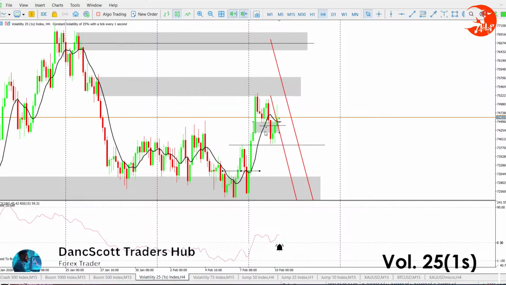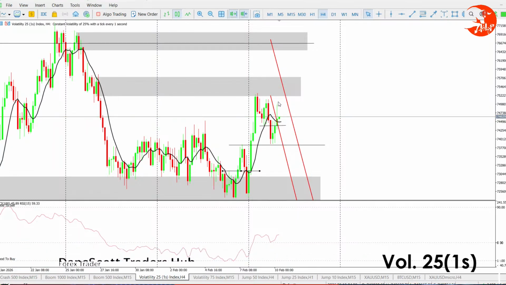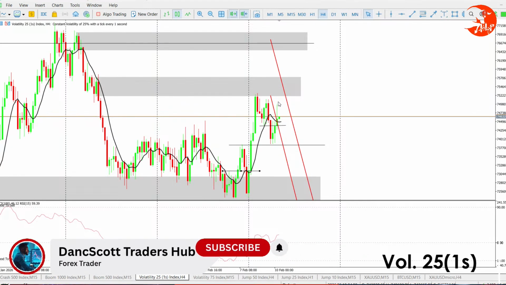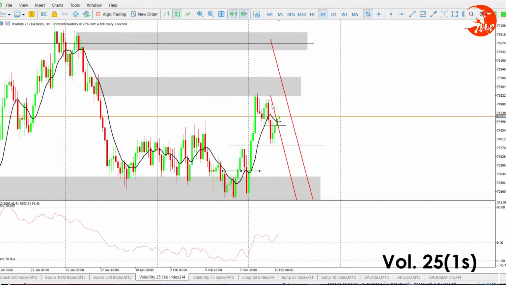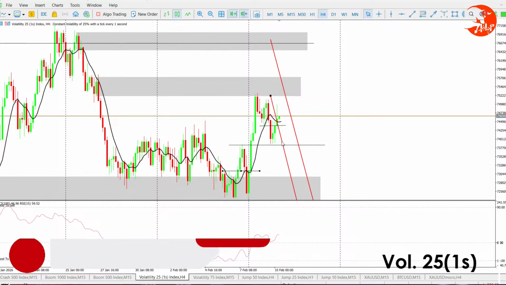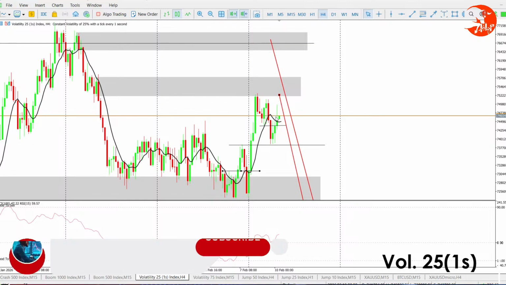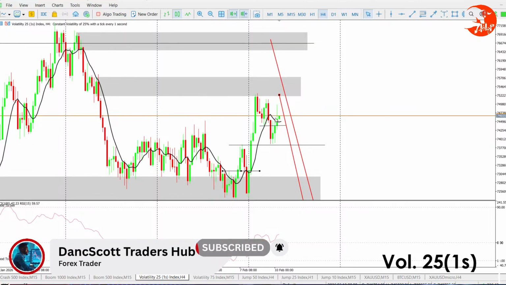Now, if that is a change of character, then this move here is just mitigating some liquidity on M15 around that level, then to drop later for sells. That is what this should be meaning. Now the H4 has closed with that rejection. As you can see, that is a strong rejection coming in from sellers.